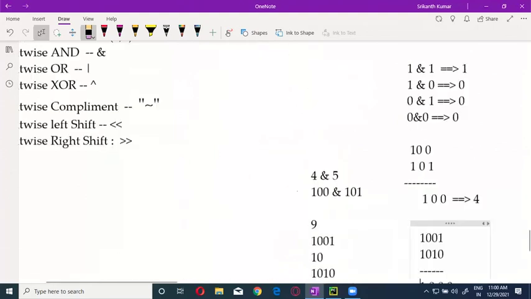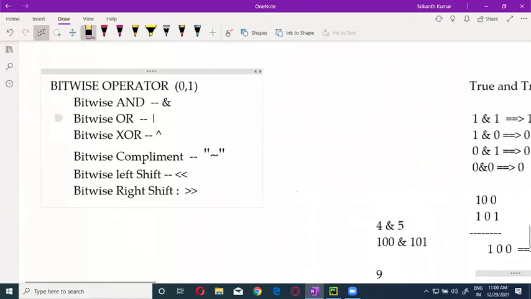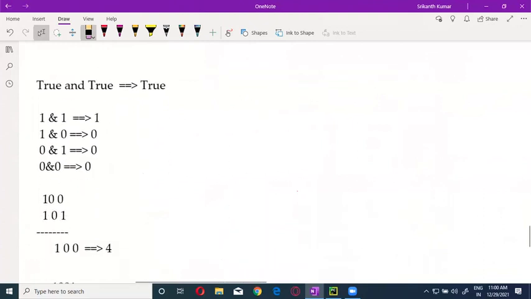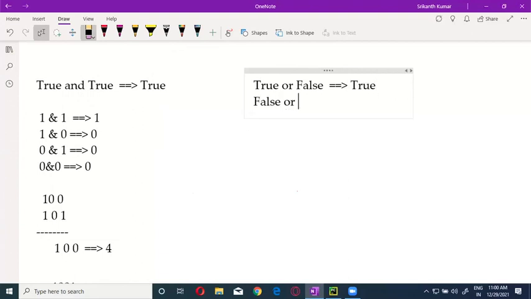Now there is something called the OR operator. The OR operator is the reverse of this one. If true or false is there, then we get true. False or true is equal to true. False or false is the only scenario where we get false. Now if I want to do it over here, 1 or